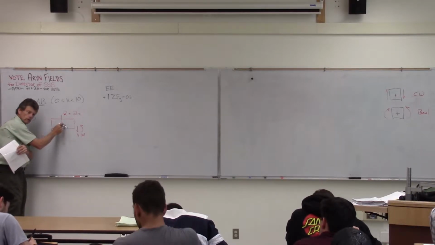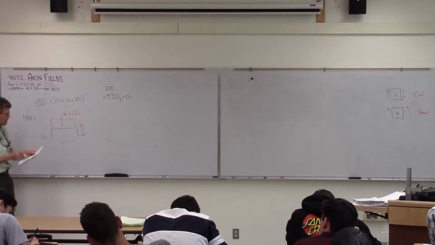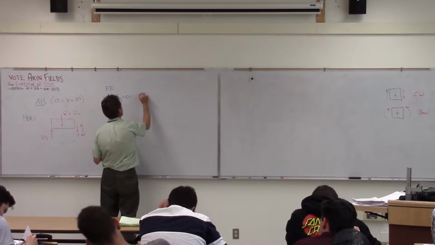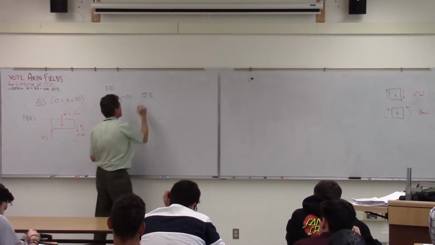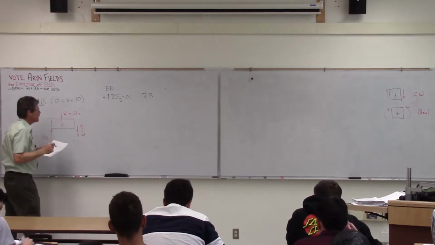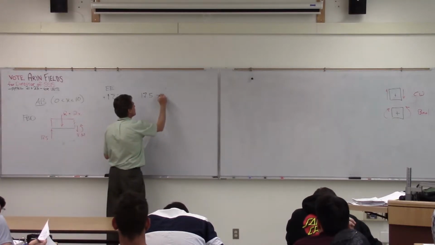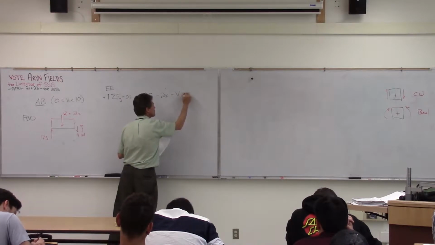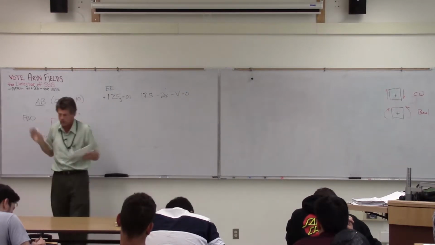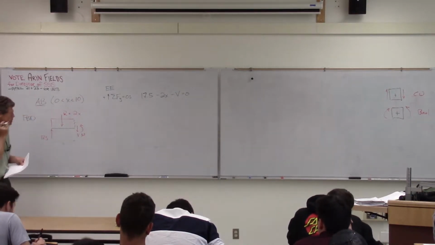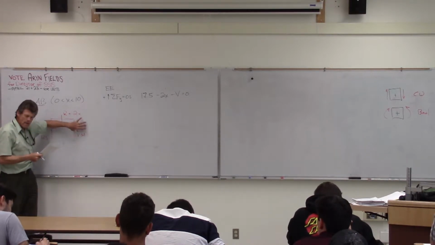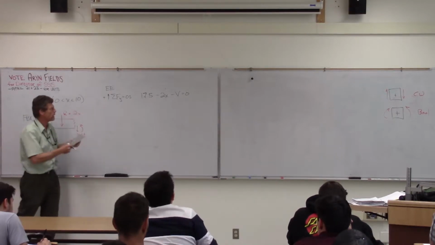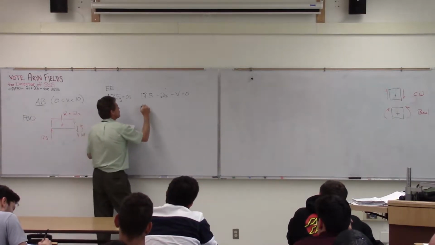We have an equivalent load here of 2x. And then we'll set up our equilibrium equation. The 17.5 is acting up. The minus 2x is acting down. And my shear positive convention is down, the way I've got it set up in terms of my equilibrium equation. So again, remember, this is just a mapping. I set up my coordinate system the way I want in terms of that. And what we find then